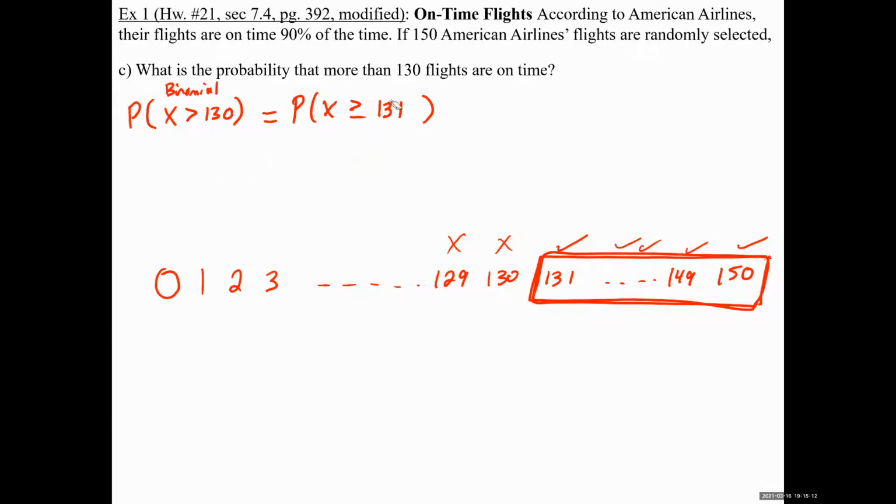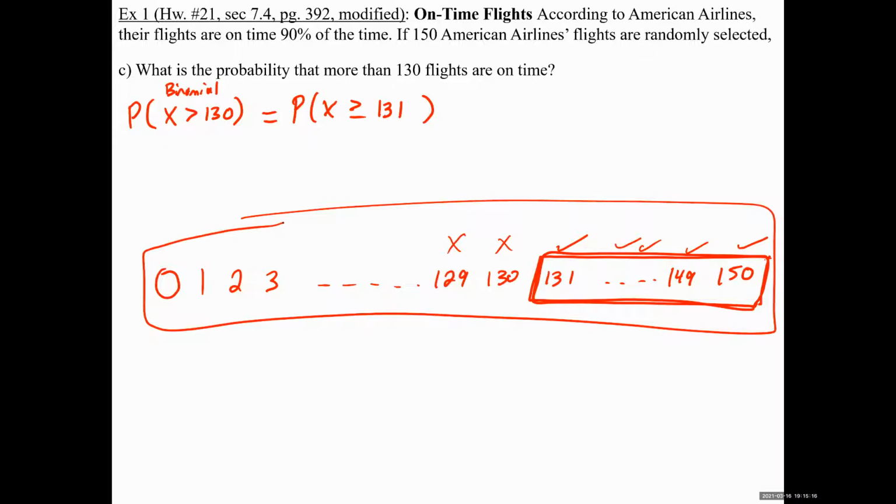You know, so let's say you didn't like this picture, but I really want you to understand this picture. But let's say you didn't like this picture, you know this number, when you change from greater than to greater than or equal to, is either going to be 131 or 129, because this number is going to change by 1. Okay,